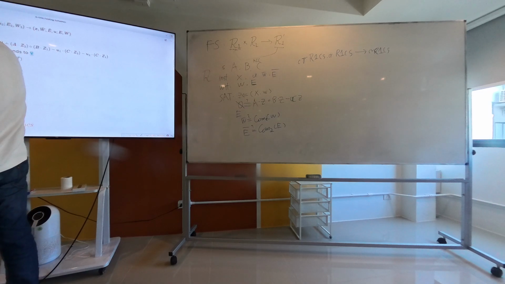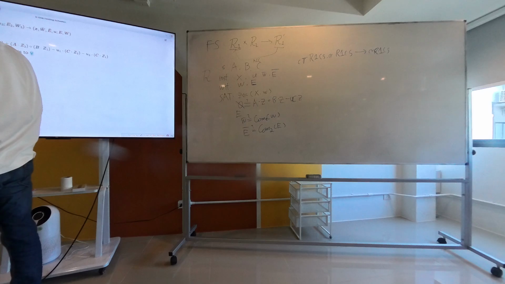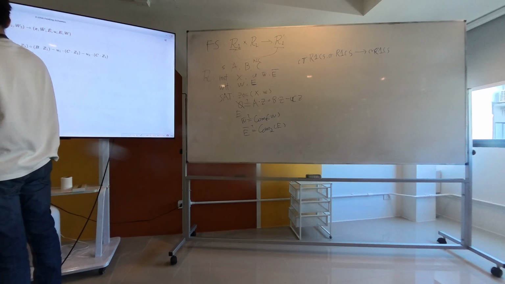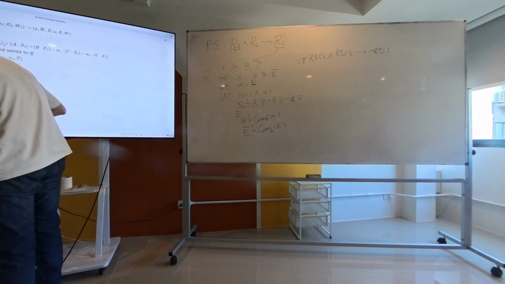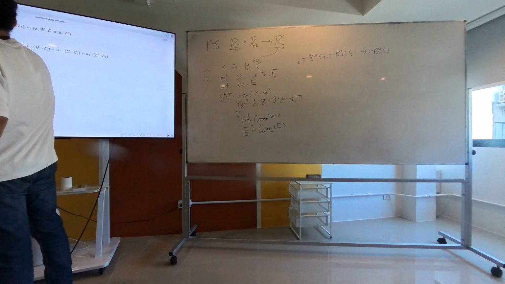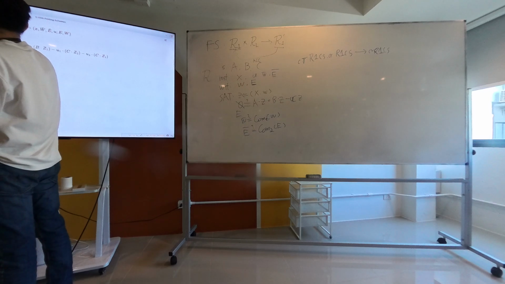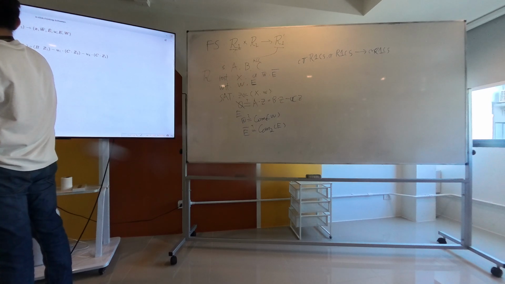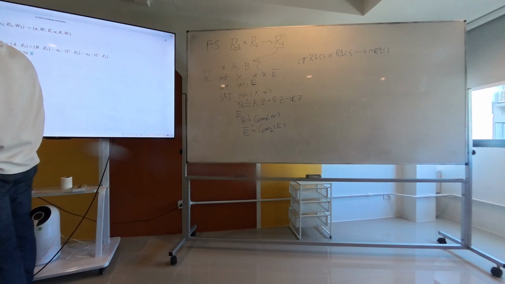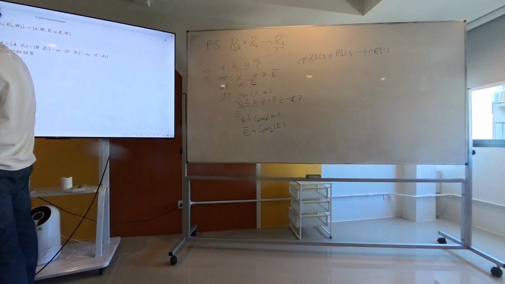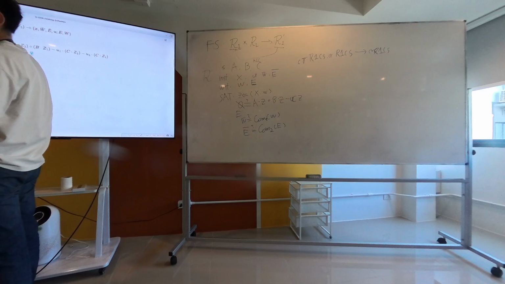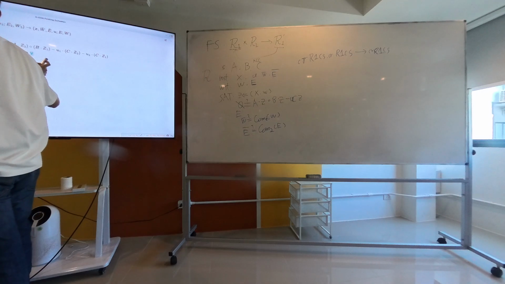So first, the prover computes cross terms, T, which is computed from Z1 and Z2, E, and U1 and U2. And then the prover needs to commit to T and send the commitment of the cross terms to the verifier, and